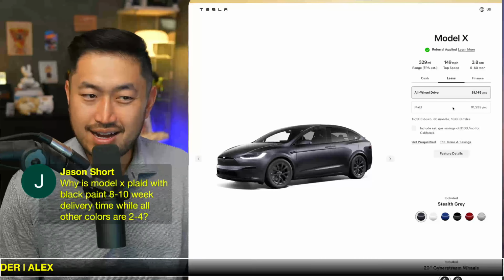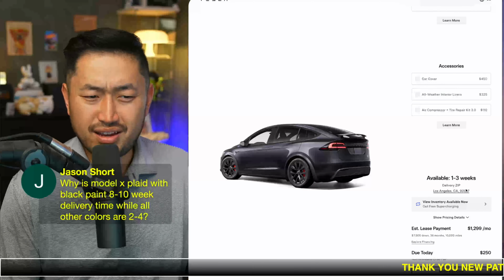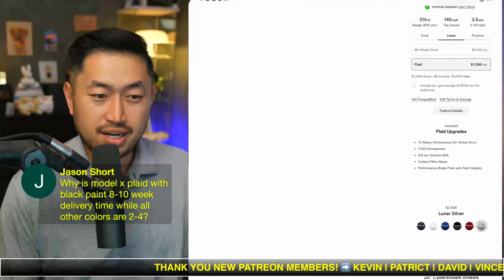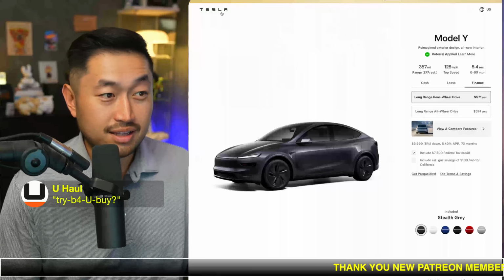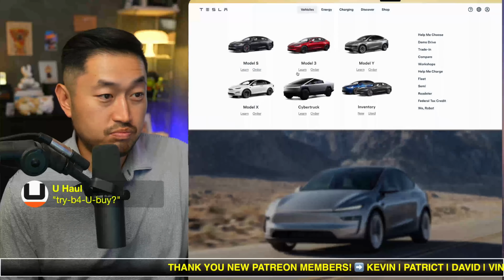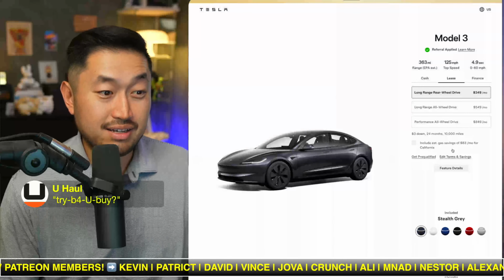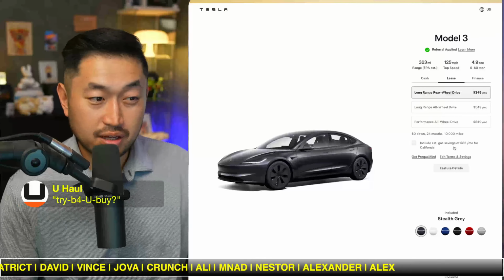It actually does not make any sort of sense why they would allow people to order, because I imagine they've got these in stock. And also, if you're ordering a Model X, you are definitely doing it wrong because there's a lot of inventory on a Model 3. That's why I've been touting that the Model 3 lease is a fantastic deal. Low payment, low down payment, and for $349 a month with zero down, you really cannot beat that on the deal. It is a good try before you buy type of time frame. Your total cost is going to be close to 10,000